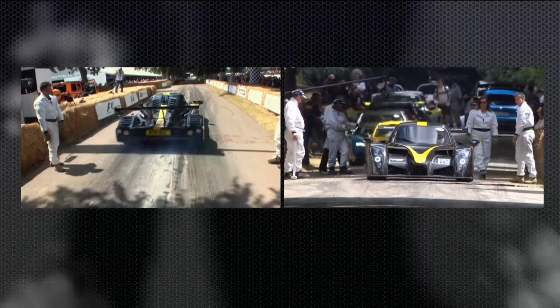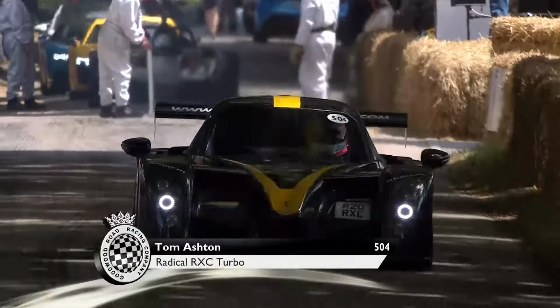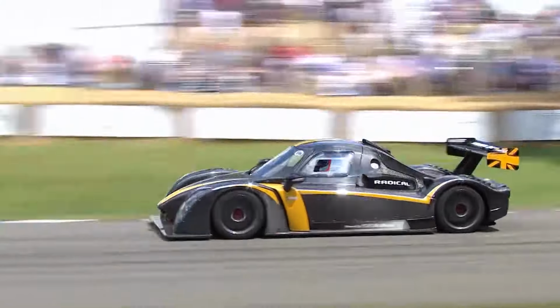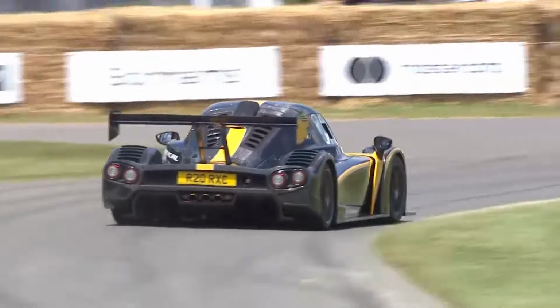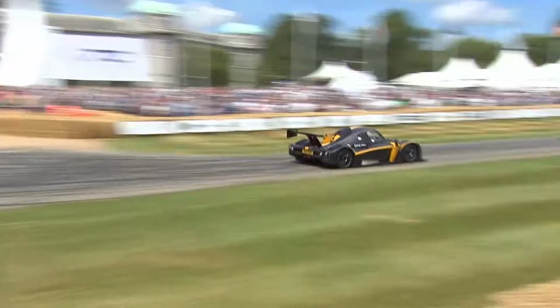Mind you, as I talk to you, the Nissan GTR Nismo's time has appeared at 52.68 seconds, which is half a second faster than the 911. It goes first. It could well be, though, under pressure from the Radical RXC, because this is a sensational car. Radical, I believe,